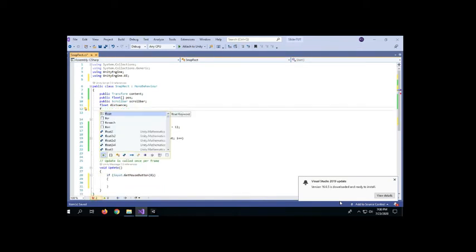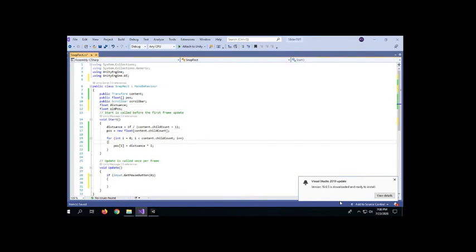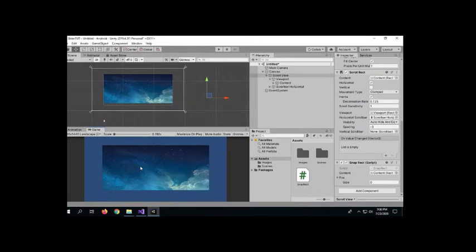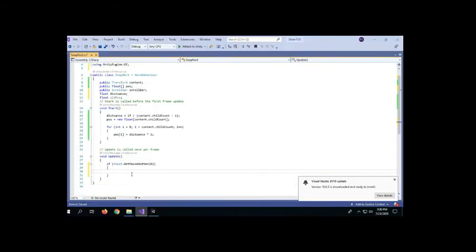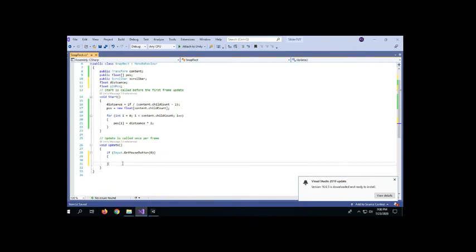Create another float variable and call it old pose. We need to save the position when we drag the image and release it. So we need the old pose value when we release. We can do this like old pose equals scroll bar.value,